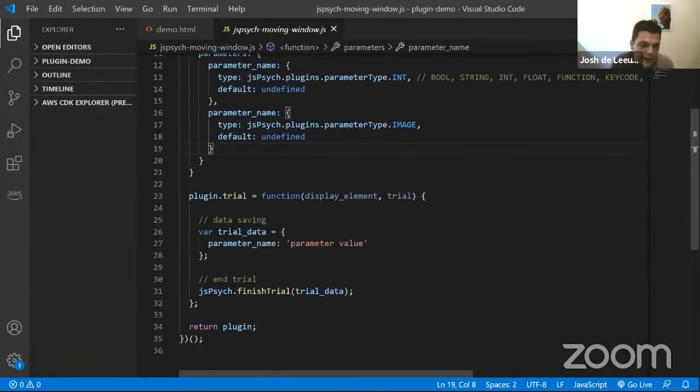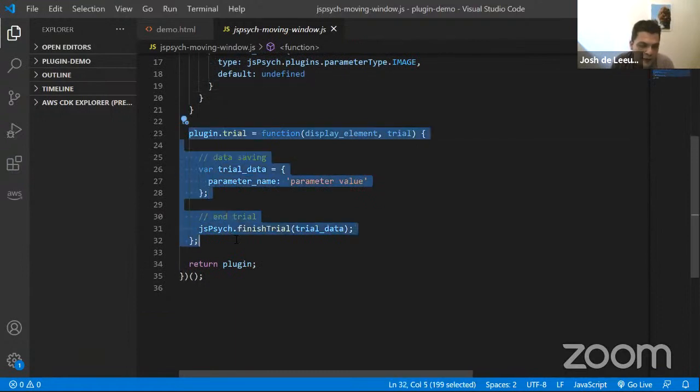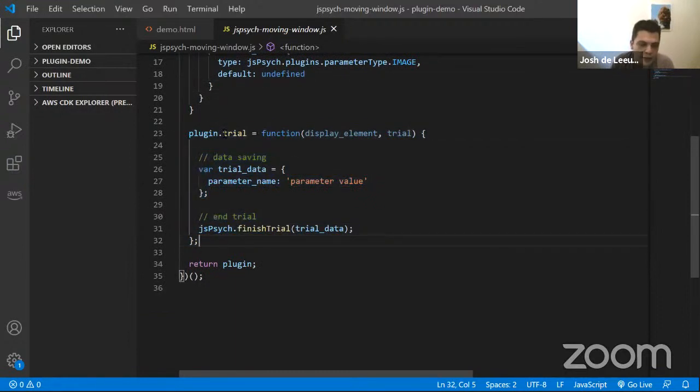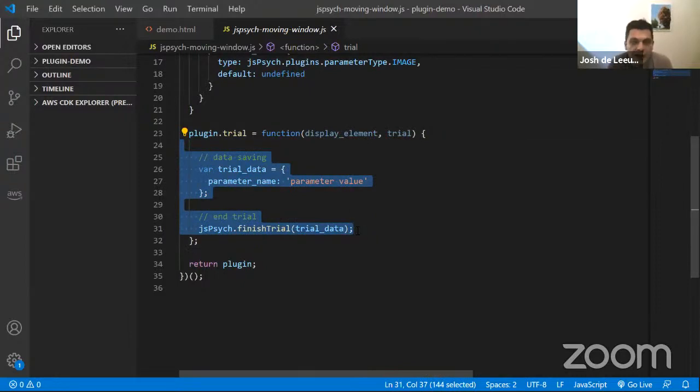And then there's a second thing, which is a function, and this function is plugin.trial. So this is a function here, and this function is what runs when you call the plugin in your timeline. So essentially, you can think of it as like jsPsych determines what the next trial is in your experiment based on whether you're using conditional or looping or just straight linear timelines. It figures out what the next trial is, and then it takes those parameters that you've specified for that trial, and it calls the appropriate plugin.trial method, the one that's associated with the plugin,